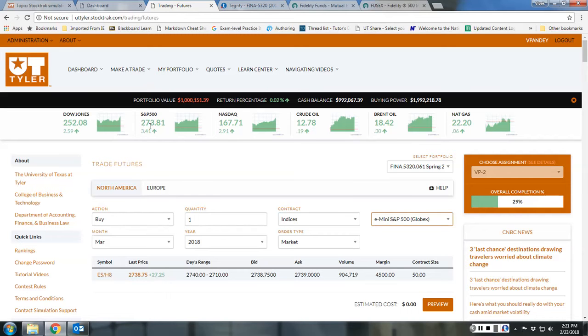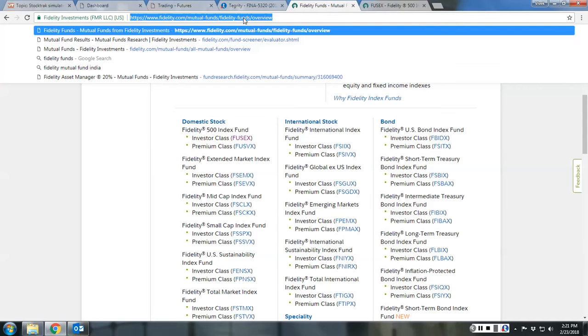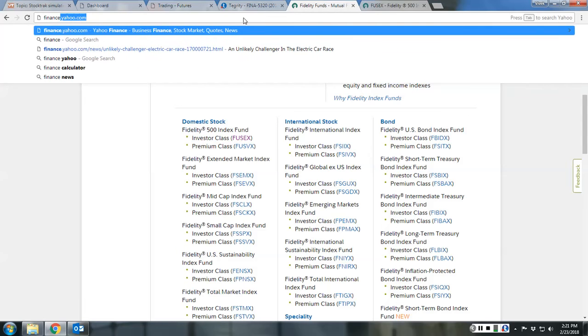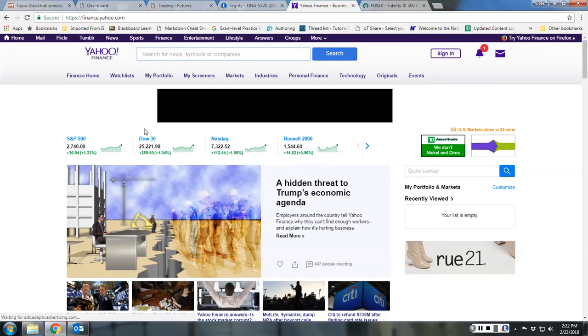This S&P 500, 273.81, actually, this is off by a factor of 10. S&P right now is at 2,700. You can go to a place like finance.yahoo.com and find out the index value. The Dow Jones is 25,222, S&P 500 is 2,740, and